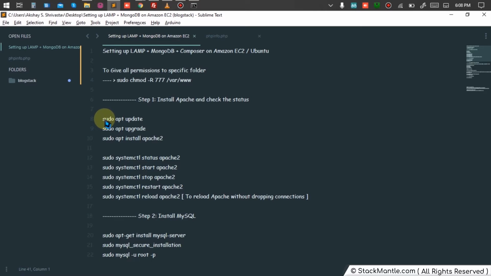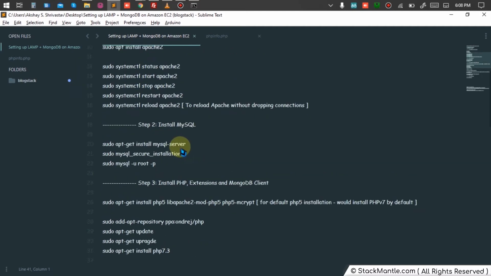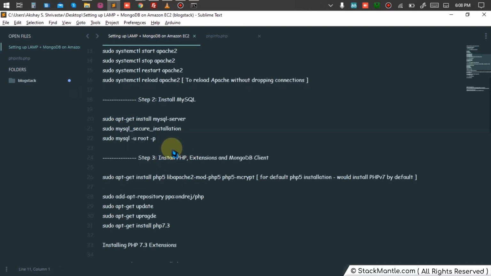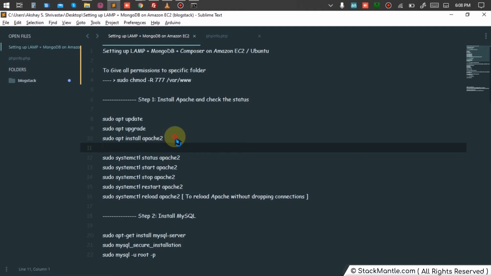Even if you are not getting it from the video, if you want to copy paste, you can follow the link below in the description, go to that page, and you'll have all these commands. These commands are tried and tested. It's not like you'll have to wander across 3 to 4 websites if you get any error. I have tried them myself 2 to 3 times to make sure there are no errors, so that you do not wander around a couple of websites searching for errors.